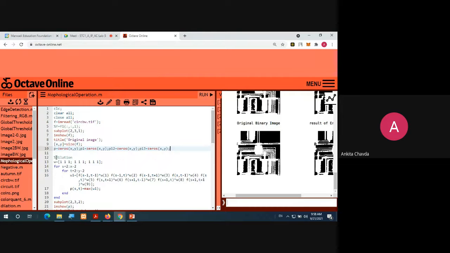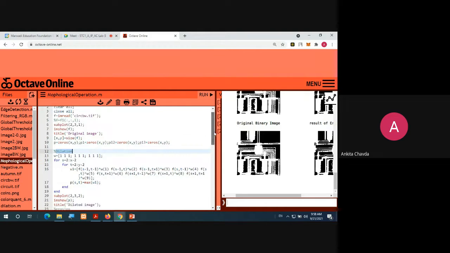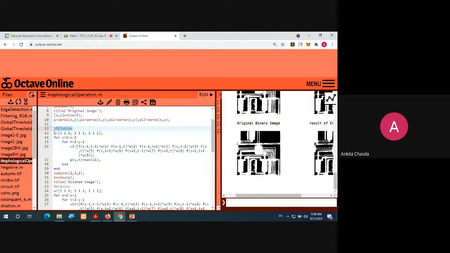Then in this dilation, in that code we have taken one structuring element which is all ones, 1111, right? Now we will apply this. We will start with the second index of y, which we have already discussed so many times.